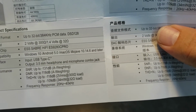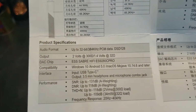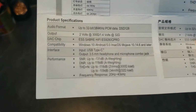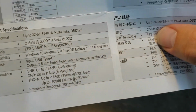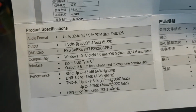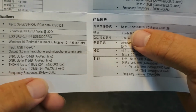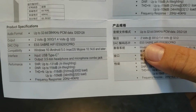Because of the Nyquist theorem, the highest sampled music would be 88.2, I think. You almost never see it anymore. Everything's 24/96 or 24/192. But I think for a while there was a 24-bit 88.2 kilohertz, which, with Nyquist, you would cut in half. That would be sampling up to 44,000 hertz. So even if you have 24/96 or 24/192 files, because of the limited nature of the analog only being able to reproduce up to 40 kilohertz, it's not going to be able to